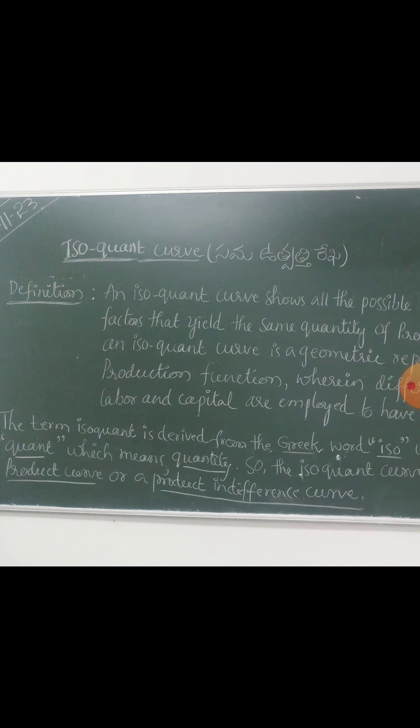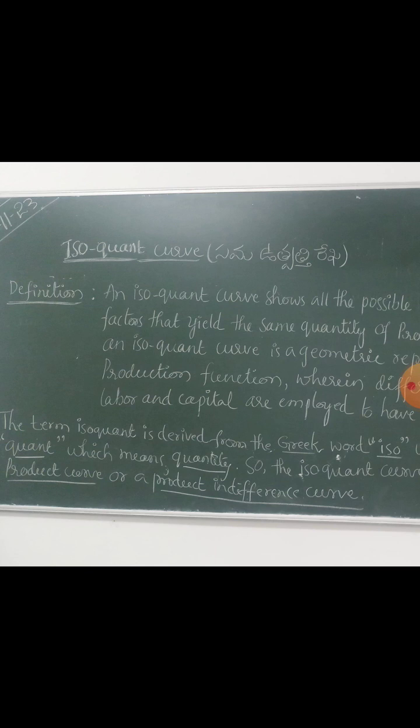This shows how much satisfaction the consumer will get from purchasing the two commodities X and Y. This satisfaction level is not measured; this is the ordinal utility analysis. So how much satisfaction the consumer gets from purchasing the two commodities shows the slope of the MRS, the marginal rate of substitution,